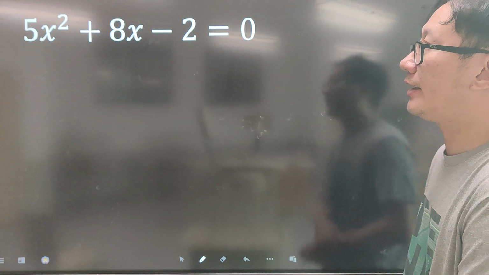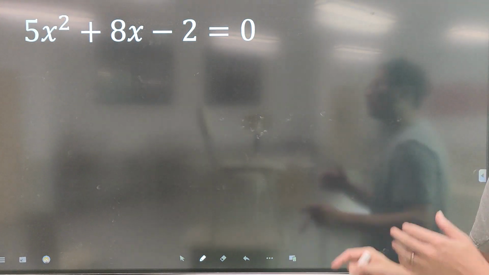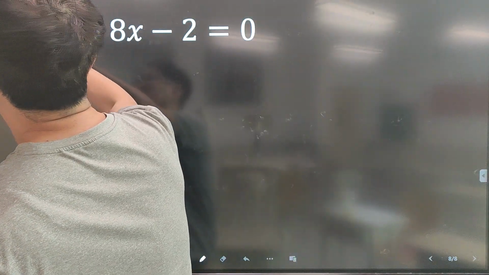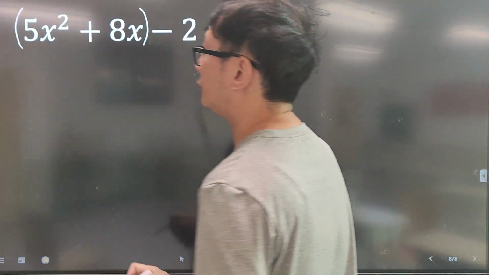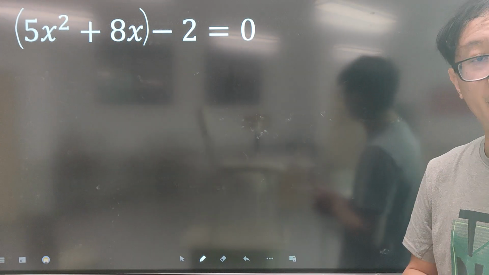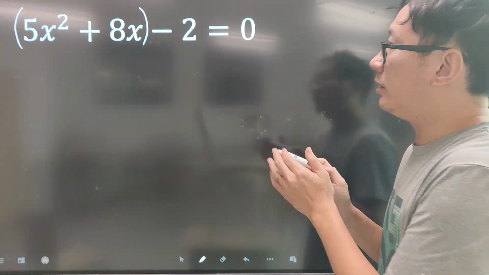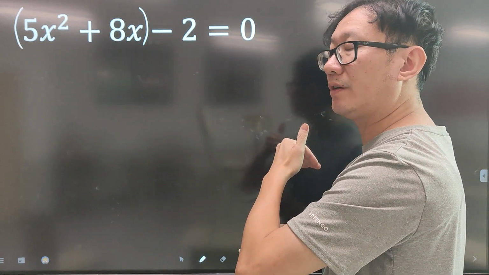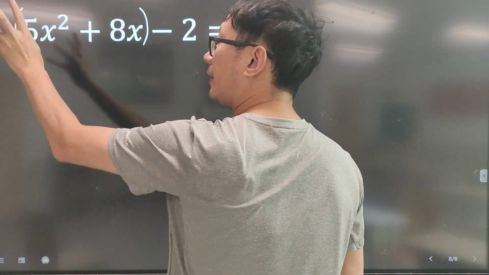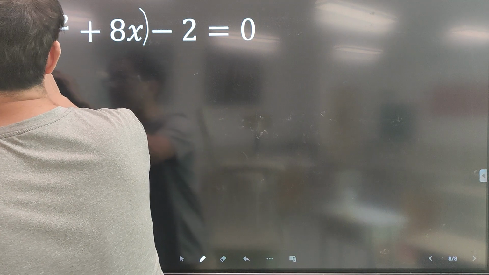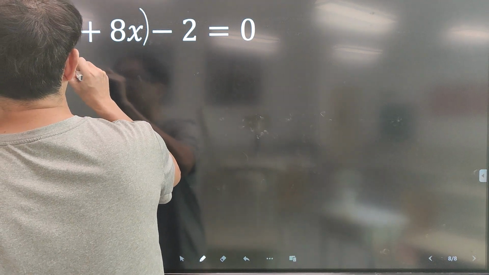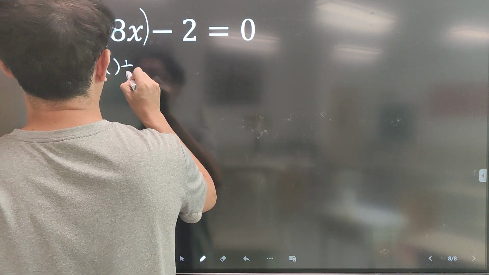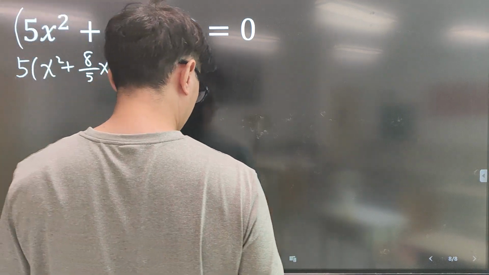Okay, let's take a look at the next one. Alright, this next one, I'll do the same thing. I'll put brackets around the first two terms, just to emphasize. Okay, and then we want to make this look like our previous example. So I'm going to take out that 5 outside of brackets, and this becomes 8 over 5, x plus 2. Minus 2